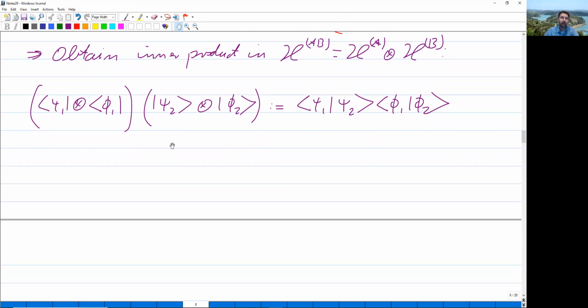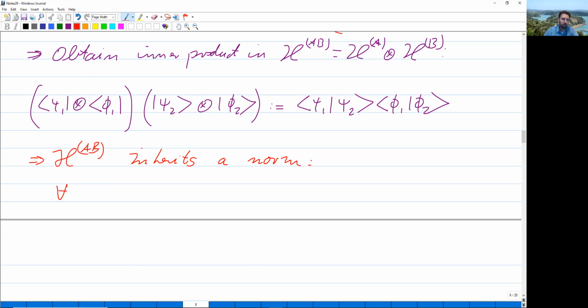All right, so now we have a means to calculate the inner product between the vectors of the Hilbert space of the combined system. Now from that, we can calculate the length of vectors. Therefore, HAB inherits a norm, namely,